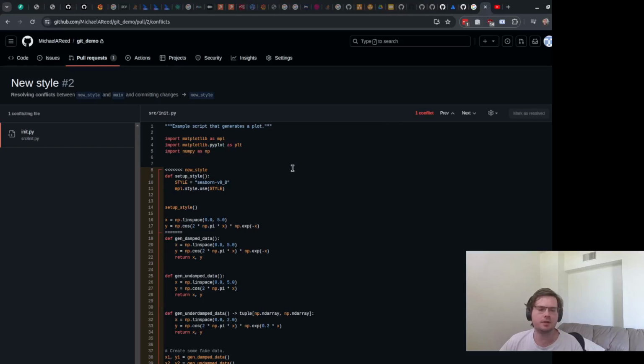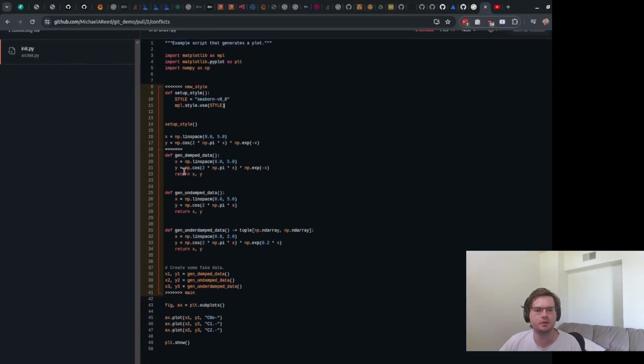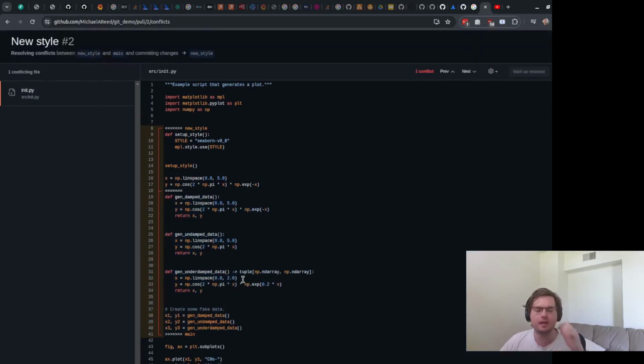So the way that this works in GitHub is that it just displays for you this section here, this red bar, which shows where the conflict is. And now Git itself, not GitHub, has added these extra markers as well. You can see this one indicates that this top section is what the change is from the branch new style. And this section here is what main originally had that section looking like. And you can see that the way that Git is tracking these changes, it's saying that I can't add these two together automatically. There's going to be something where I need someone smart to come in and decide what we keep and what we get rid of.